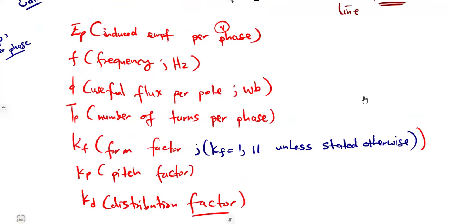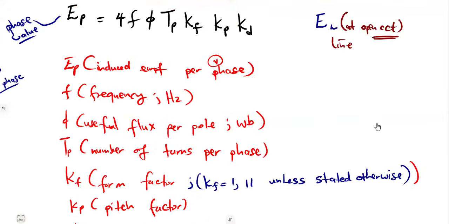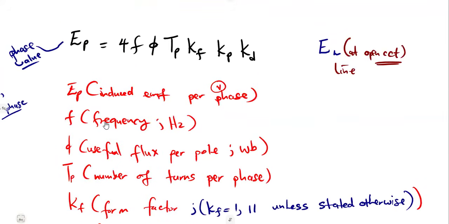So this formula, guys, is going to help us in calculations, not just of the induced EMF, but anything. You might need the useful flux per pole, or the number of turns per phase. You might need anything which is to be used in those calculations that we are going to list, any other calculation that you might be given. Like I said, others might use the formula which is 2KF KD